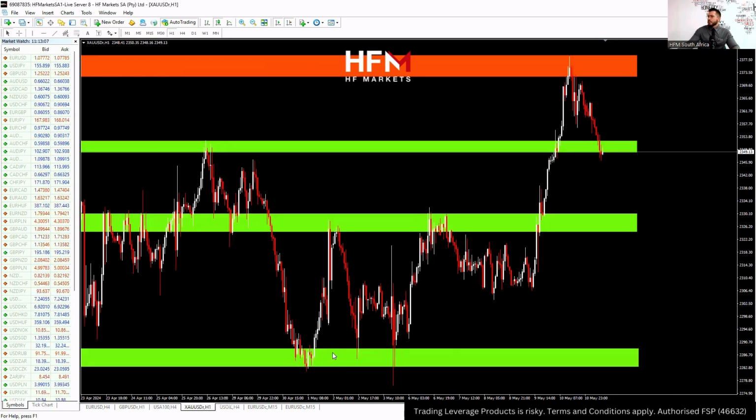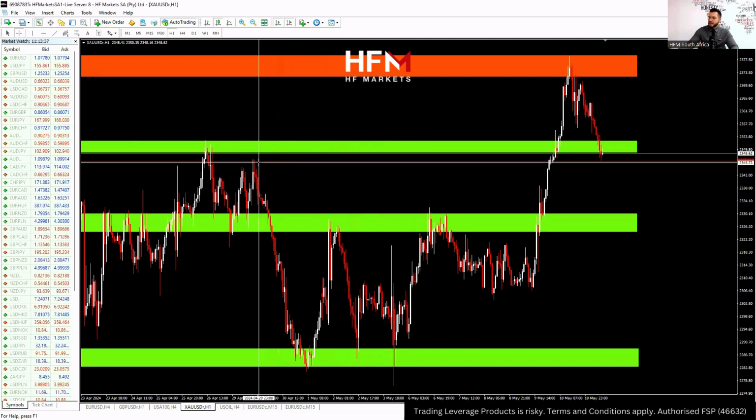Moving over to gold. Gold has seen some relative amount of weakness from Friday all the way to this morning. So some downward momentum on this as well, and now currently trading within that support zone that we have here. Now, I am just waiting at the moment for a break and a close below that